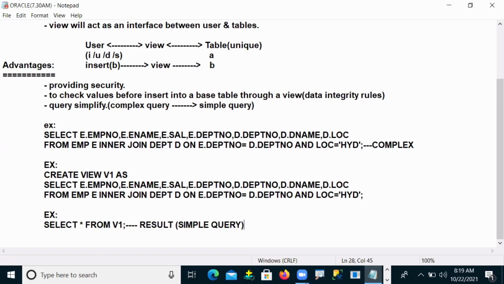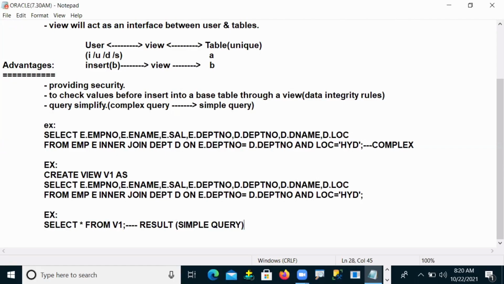Because when you're working in real-time companies, we are not working on only one query. We are doing multiple tasks, multiple operations. That means multiple concepts we are implementing as per the requirements. Sometimes we are implementing joins, sometimes subqueries, sometimes we are writing clusters, some views, some procedures, functions. So different types of requirements we will be facing in real time. So this much knowledge you require to interact in your operations.